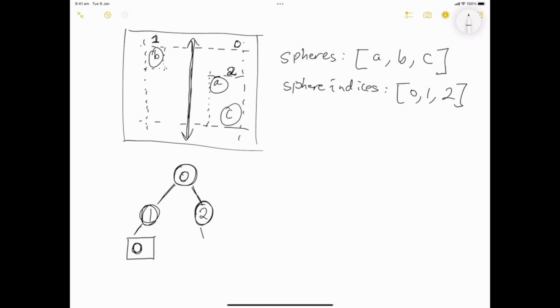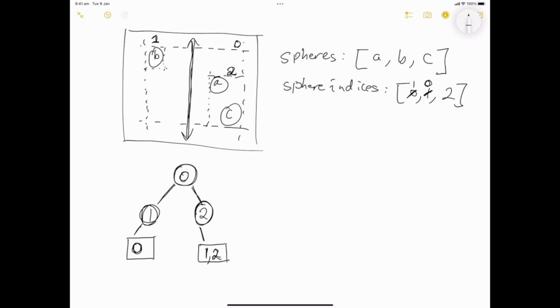And node 2 will have some spheres indexed 1 and 2. So this is a little strange. So at the point where I construct the tree, I'll need to rearrange the sphere indices. And this is the benefit. I can rearrange the sphere indices without touching the data structure that they're describing. So all I would need to do is swap around